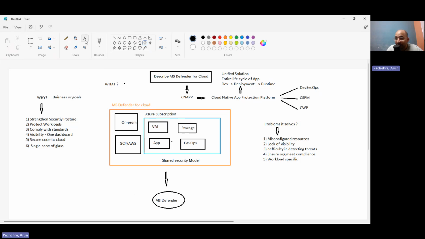What data? It will collect the data, because without data, how does Defender know what is going on in the environment, the configuration and all? Data collection will happen and central analysis will happen. Just a very simple example: how will Defender know you don't have an NSG on any resource, or the storage is not encrypted? It fetches all that data from your logs, your resource properties, your activity logs, threat signals from agents, native services. Once you enable Defender, it gathers the telemetry and configuration data